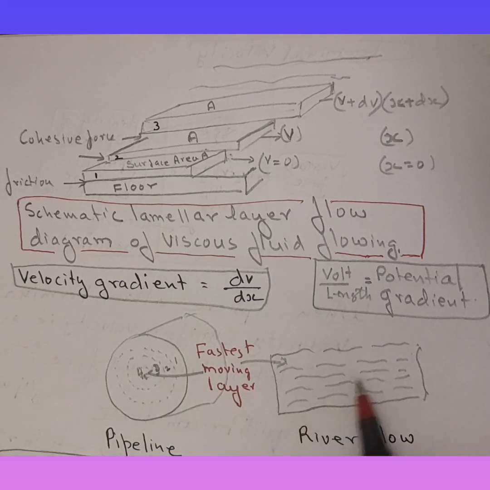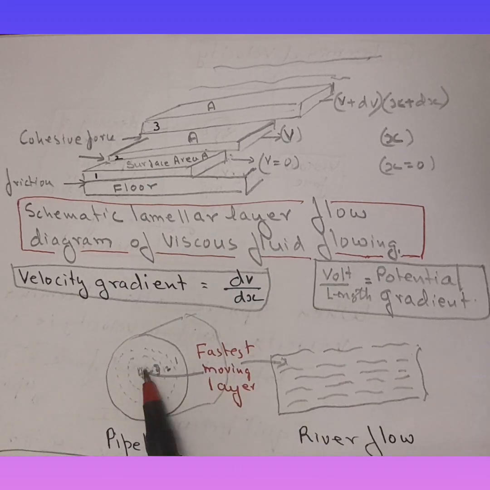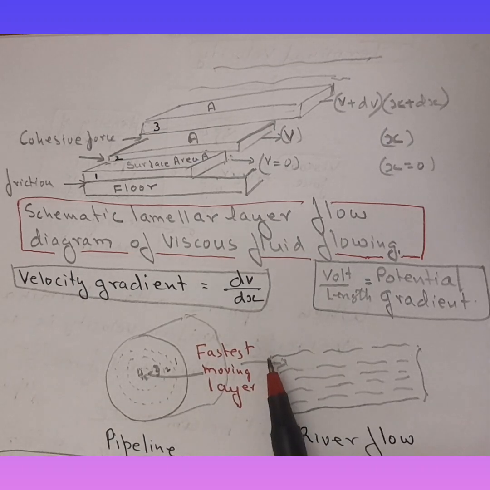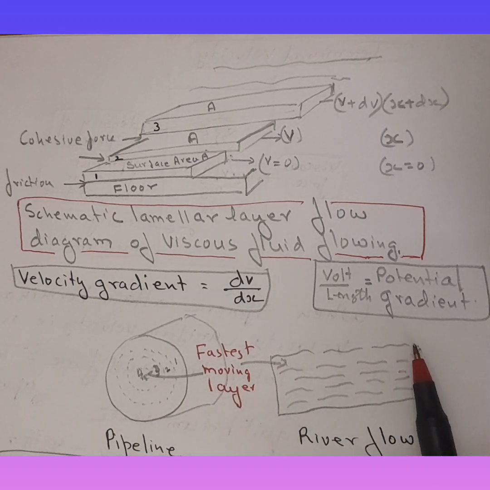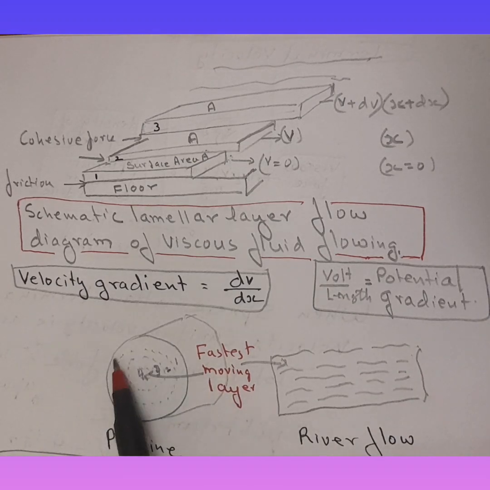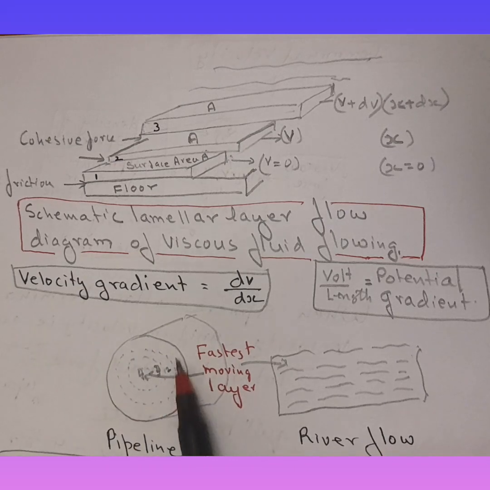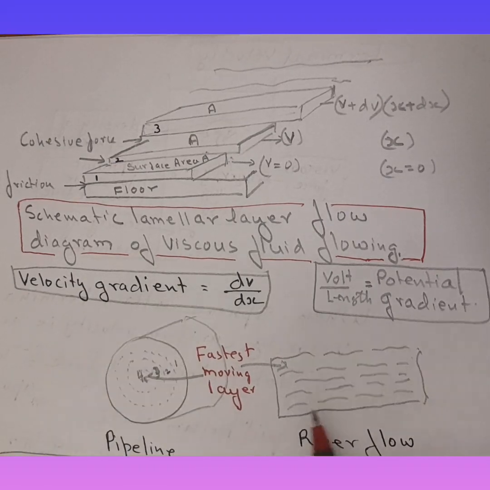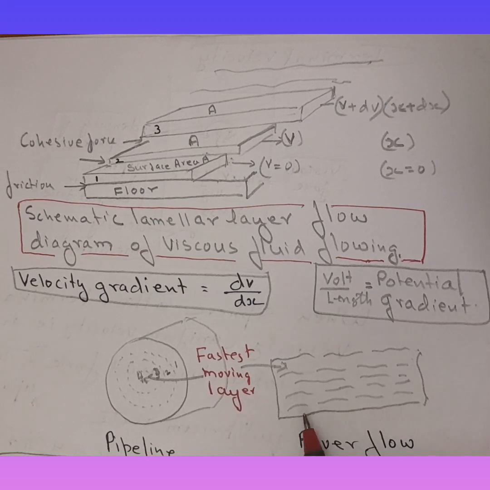Here also we have 1, 2, 3, 4, 5 like that. The central laminar layer would be moving the fastest, and in the case of a river, the topmost would be moving the fastest. Now the one which is adhering to the surface of the pipe, the one which is adhering to the bed of the river, will have maximum friction,